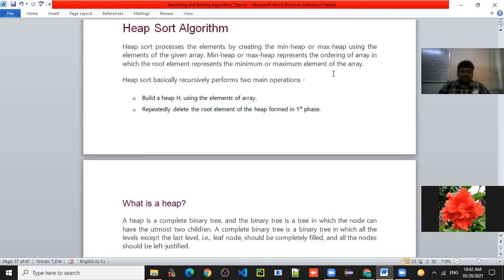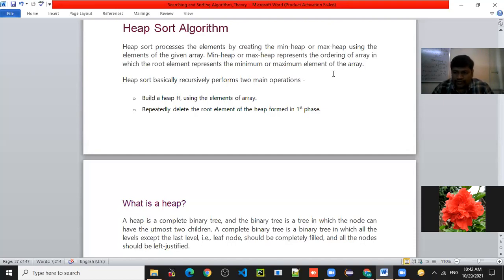Now this heap sort recursively performs two main operations. The first operation is to build the heap using the elements of the array, and after that, once you have built the heap, repeatedly we are deleting the root element.